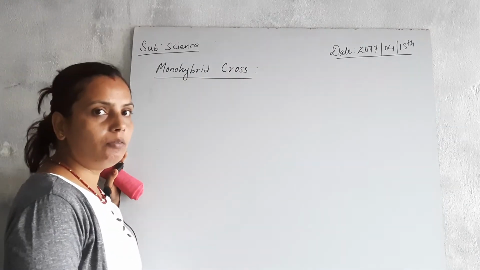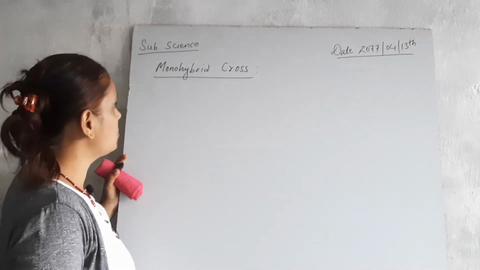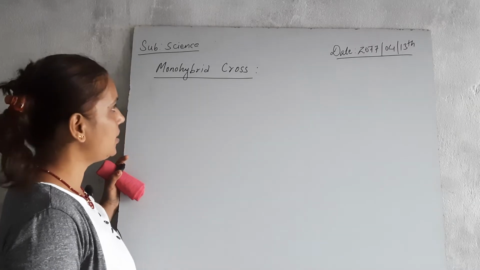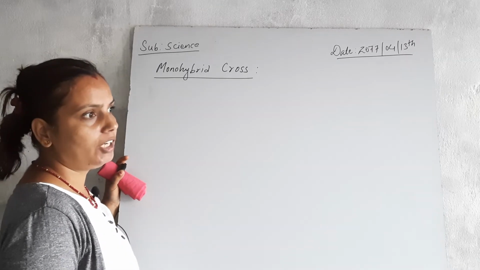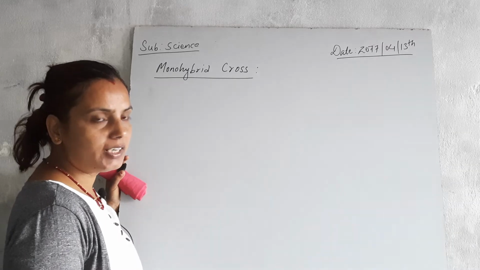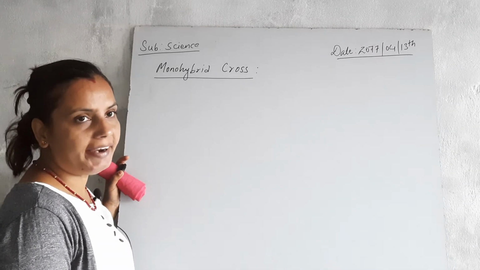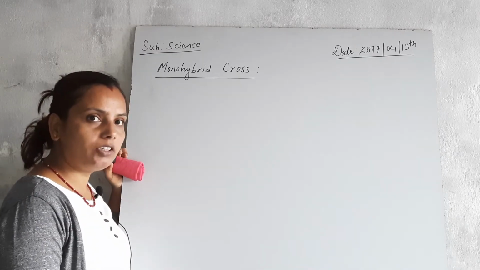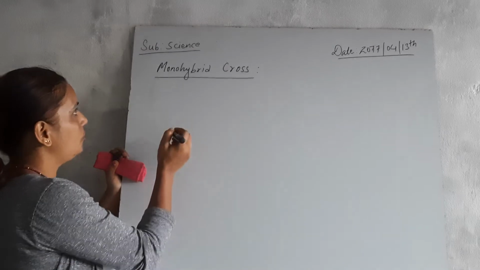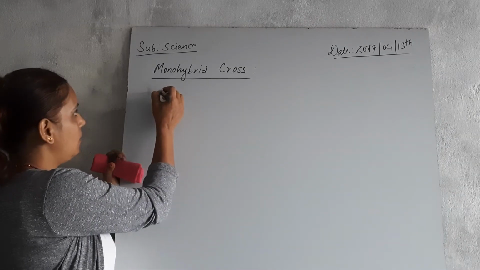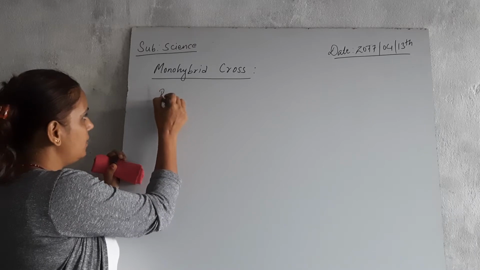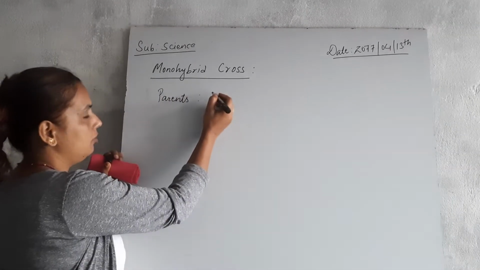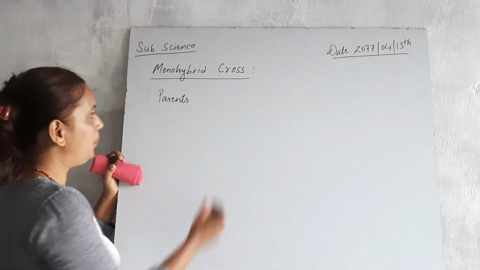In order to study the monohybrid cross today, I am going to show you in a chart. Out of the 7 pairs of contrasting characters, I am going to take the height of the pea plant, and according to Mendel he performed the monohybrid cross in this way. Let's see. First of all we need to take the parents. Here we'll take parents of pure characters, pure parents,